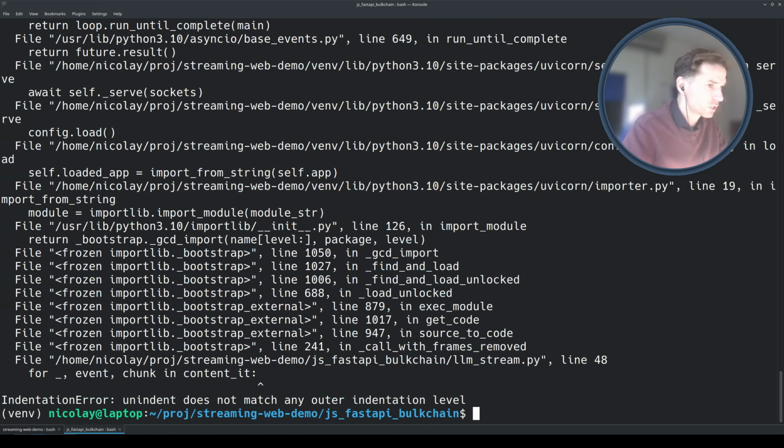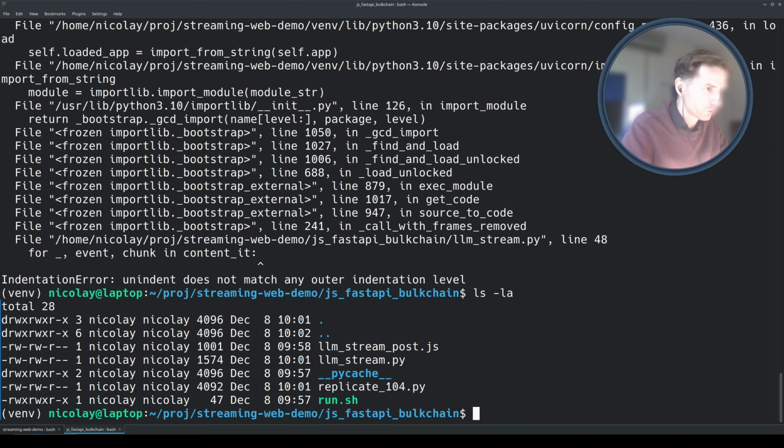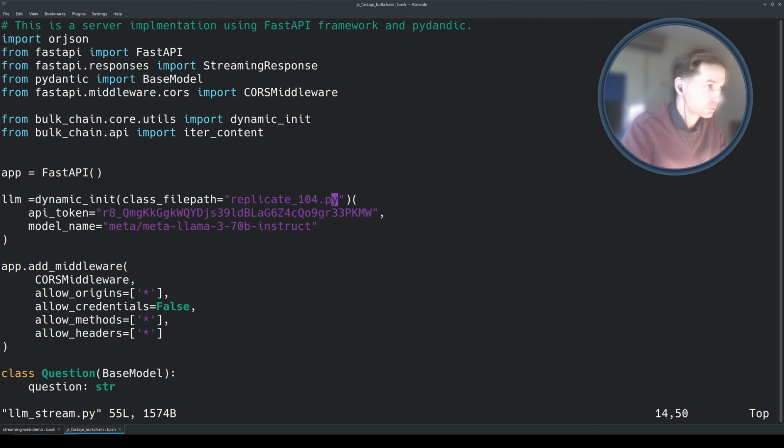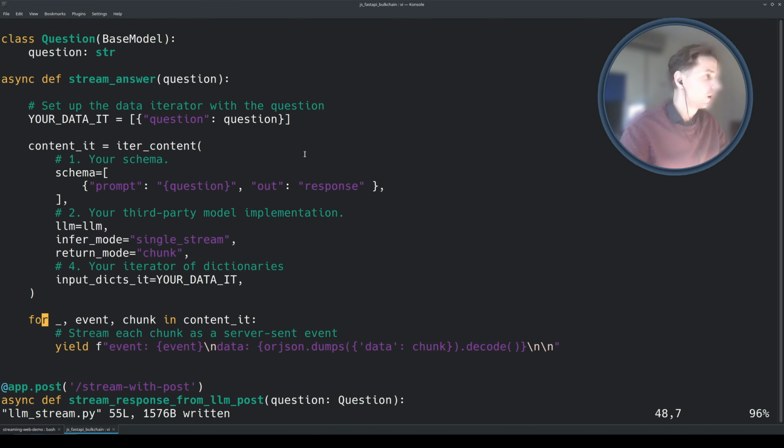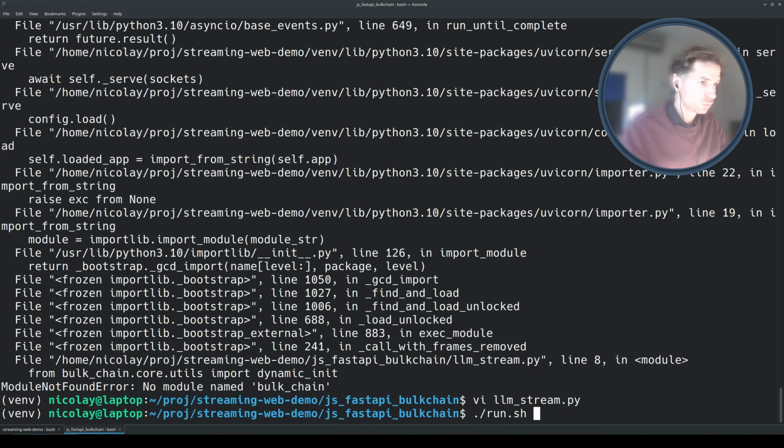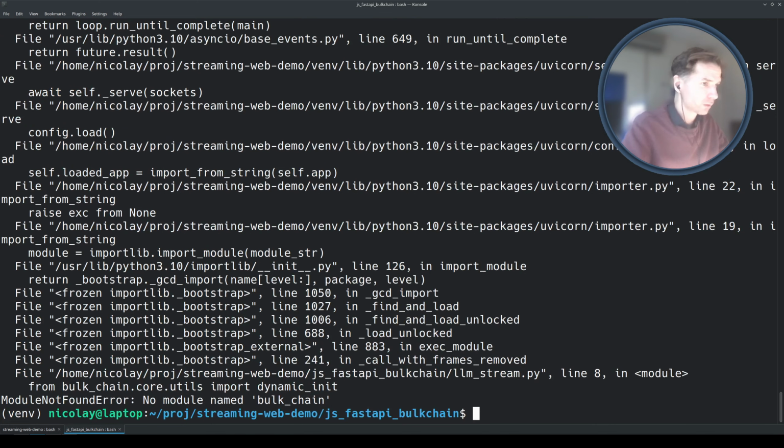Okay, so it says that the indentation doesn't match the outer indentation level. This is happening because apparently I wrongly copied the content of the stream.py. Okay, so now the indentation has been fixed. And once we continue with this, in order to launch the server,